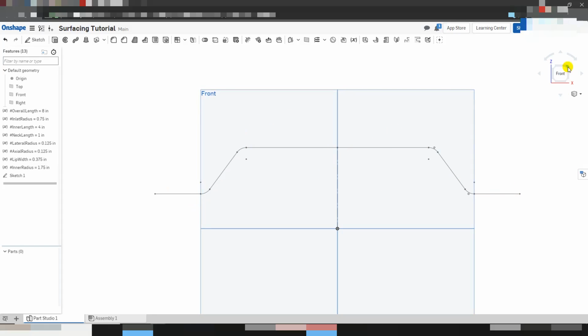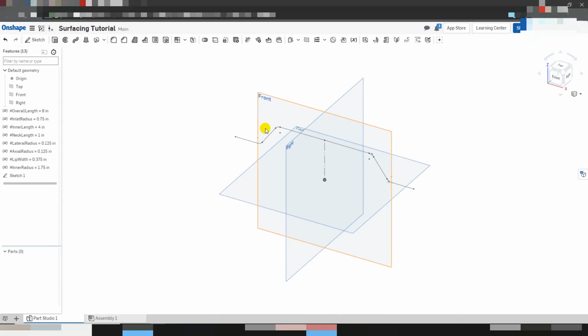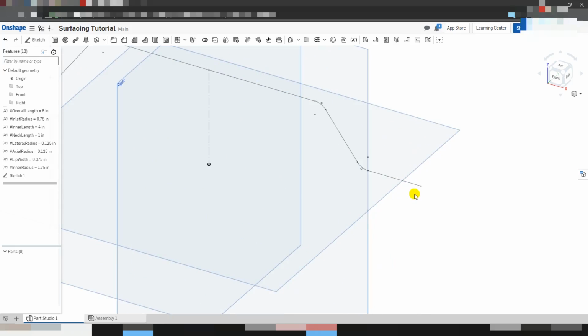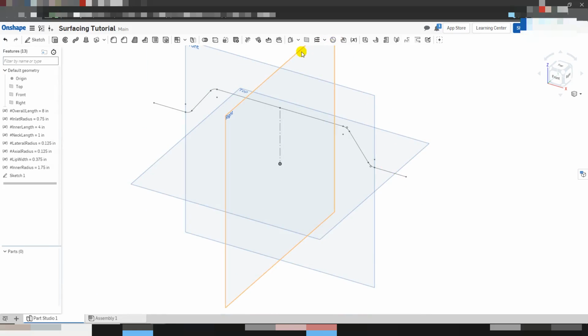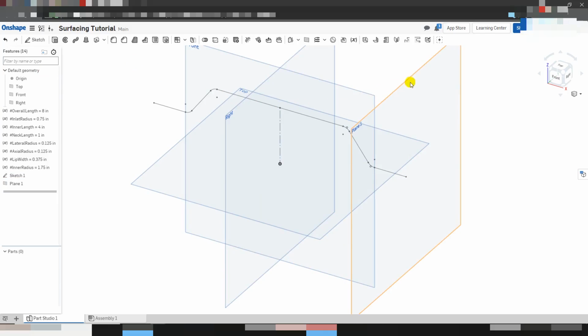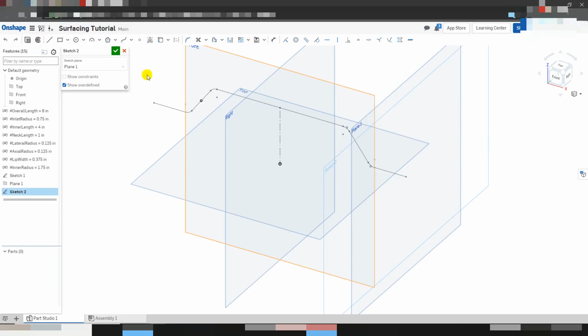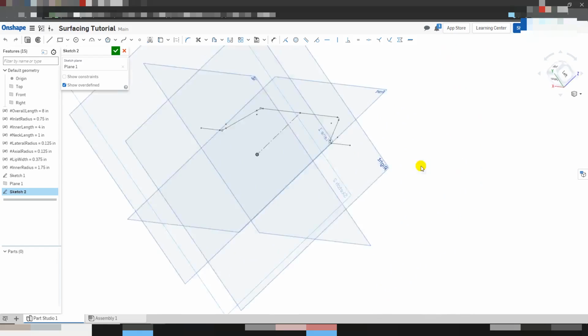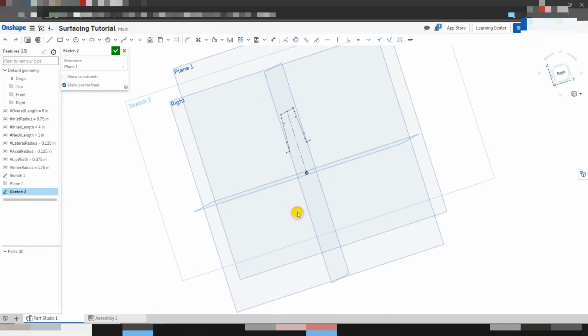I want to create another plane because this is simply a guide path. So for our surfacing, I'll select a plane, click on the plane button, and choose offset plane point to here. Now that I've just generated plane 1, I will select sketch and create our first lofting profile, as this will be a lofted surface. With this plane, I will normal the sketch plane